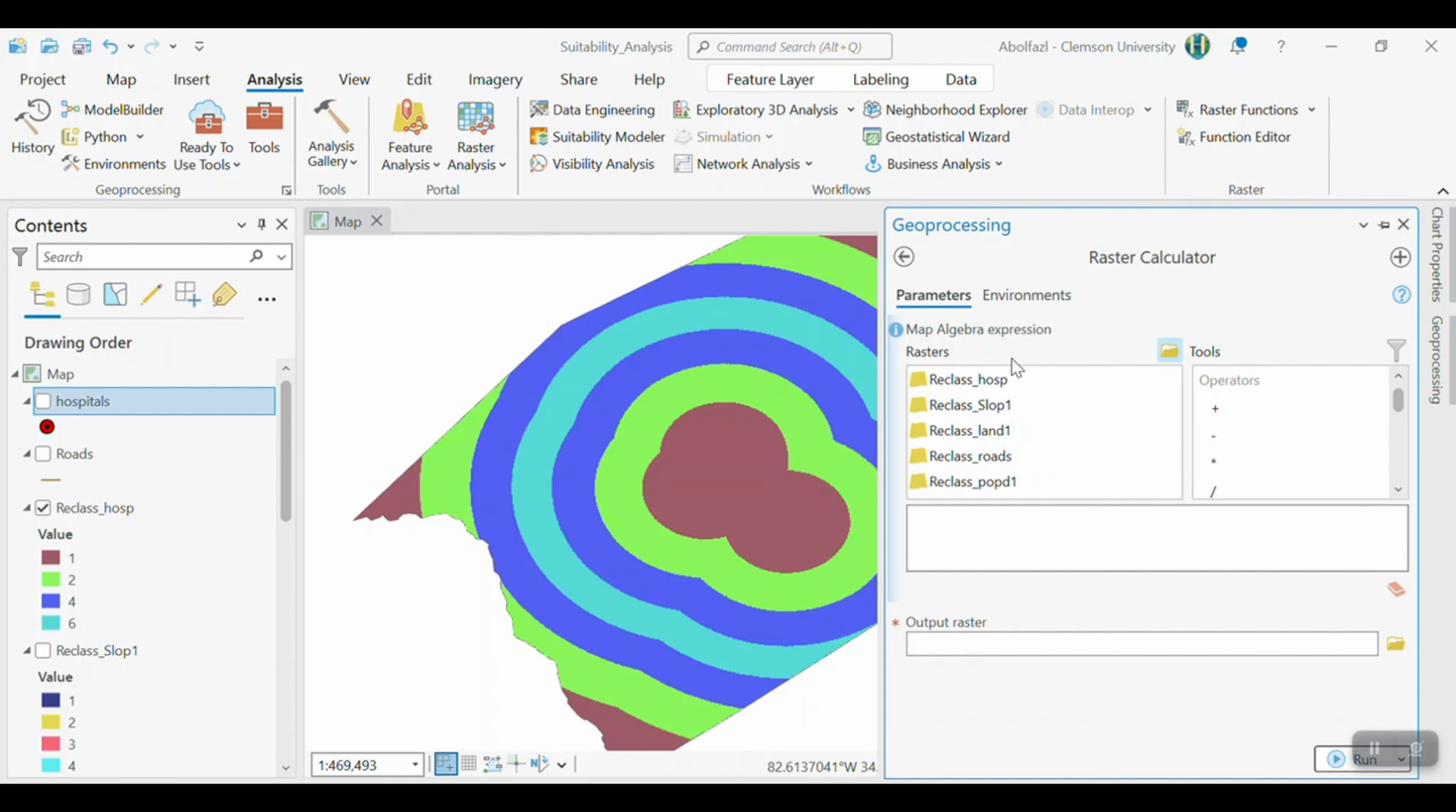So the first variable was population density, right? Reclass pop dense. You have to multiply it by the associated factor, which was 0.27, plus. The next variable was land, reclass land. You have to multiply it by, I think, 15%, plus. The next variable was reclass roads, right? You have to multiply it by, I think, 19%, plus